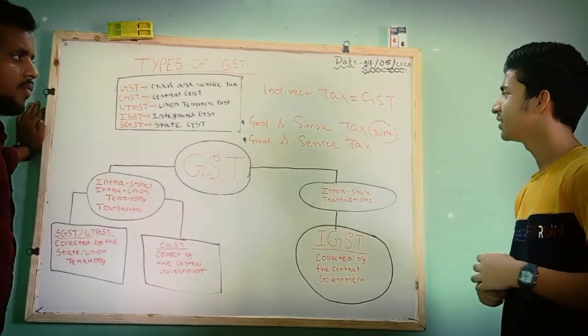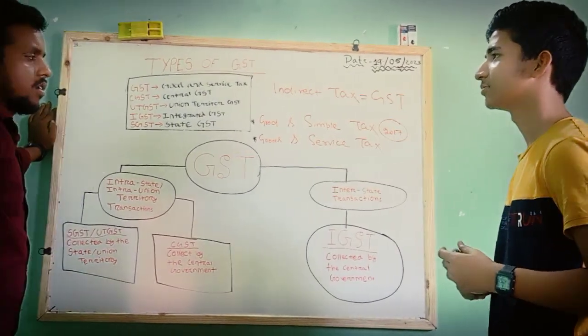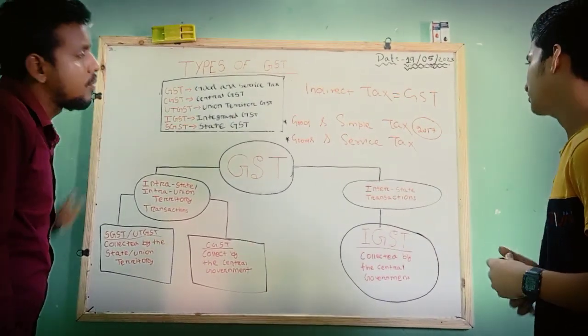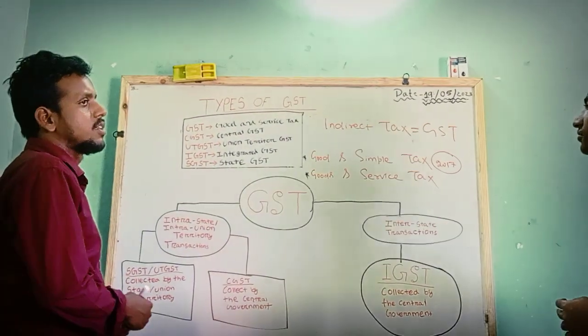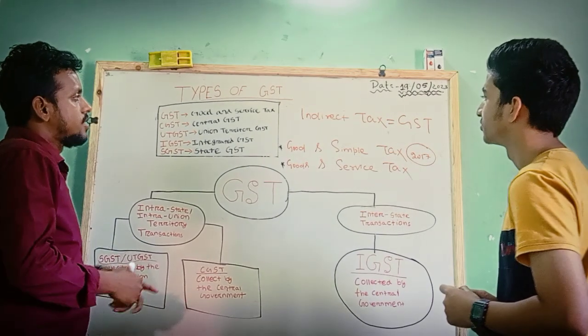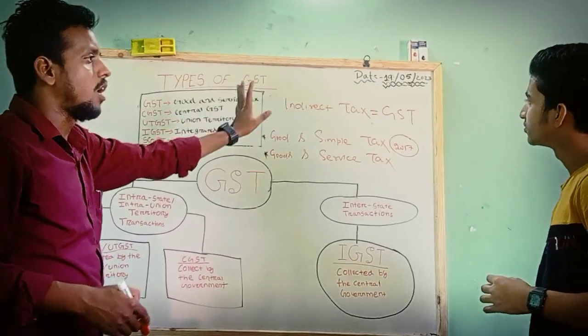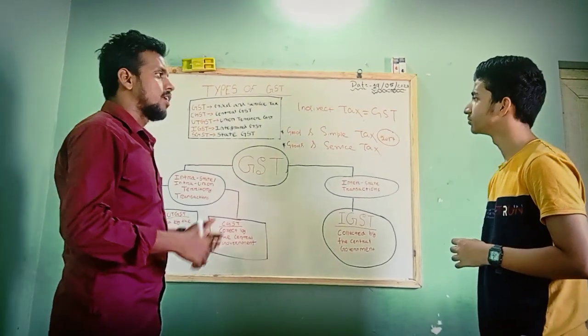Actually, I'm not clear about it. Can you please clear it for me? Yes. The personal tax, or we can say the income tax, is imposed on persons, and the GST is especially known as an indirect tax and is imposed upon goods. Good? Yes.